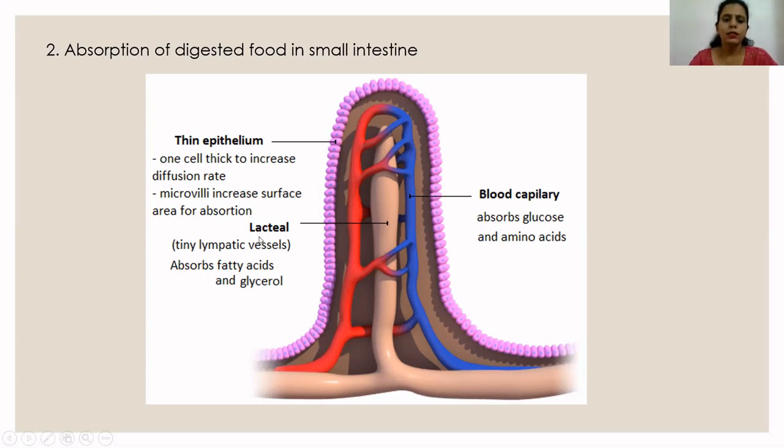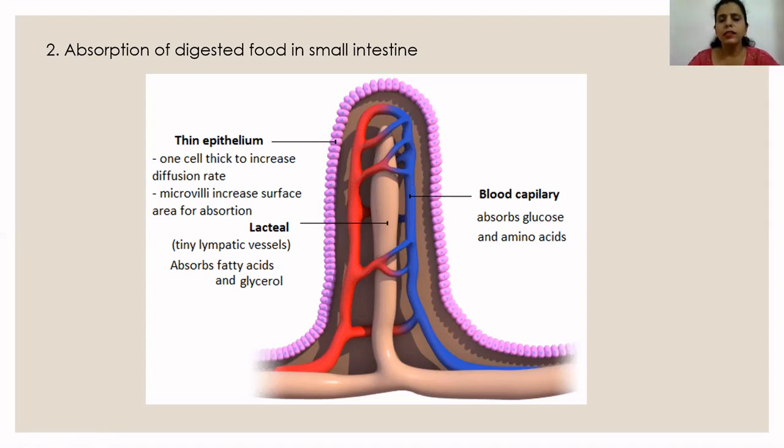Fats get digested into fatty acids and glycerol, and all carbohydrates get digested into monosaccharides, that is the simplest form of sugar like glucose. Okay. Then we have fructose, etc. And proteins get completely digested into amino acids, right? So these fats are actually absorbed into the lacteal or the lymphatic vessel. These fatty acids and glycerols move into the lymphatic vessel with the help of diffusion process. Okay, so remember, fatty acids and glycerol are absorbed by the help of diffusion process.